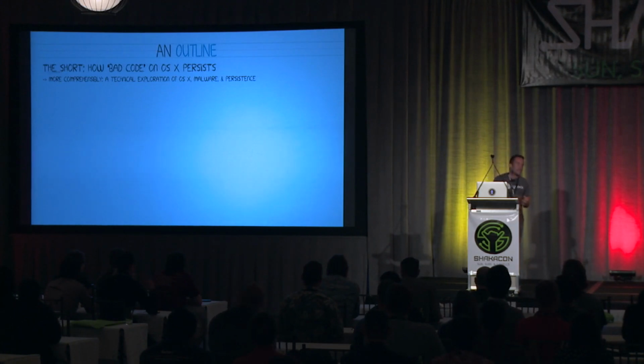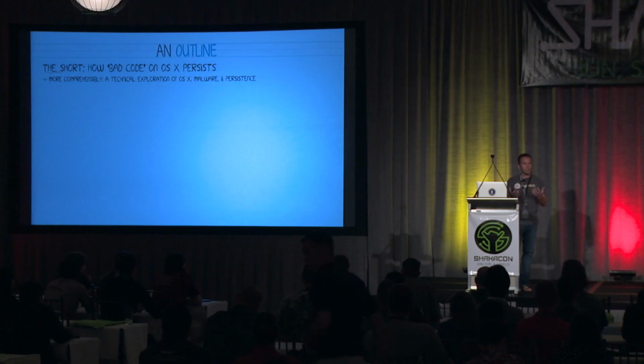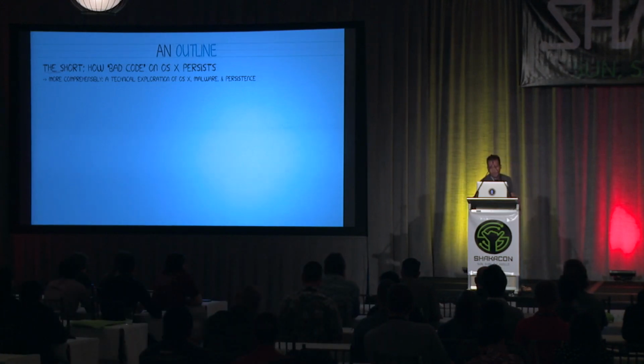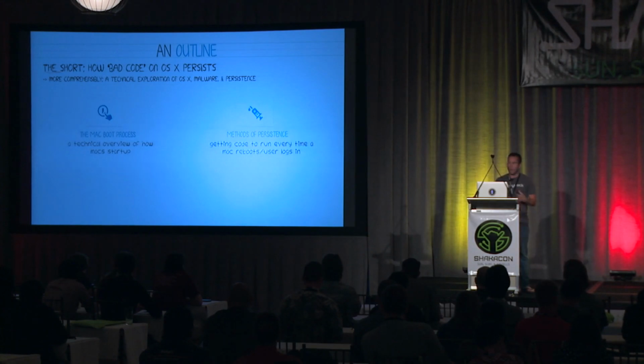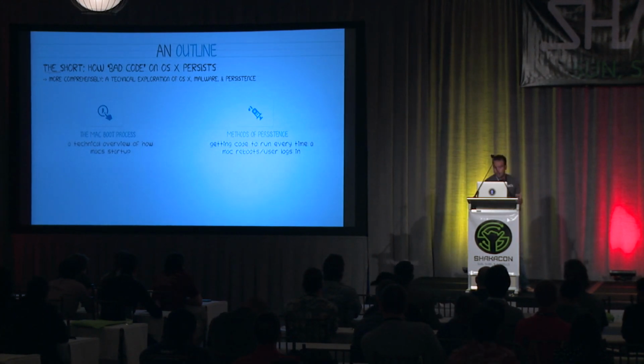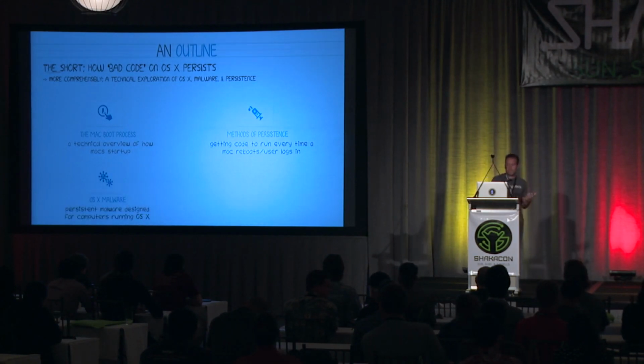So today we're going to learn about OS X, malware, and persistence. For the purposes of this talk, persistence means achieving re-execution when a Mac is rebooted. So you can think of a piece of malware that's installed on your computer. Every time the computer is restarted, that malware wants to gain code execution so it can do its stuff. So first in the talk, we'll cover a technical overview of the boot or the startup process. Then I want to talk about methods of persistence on OS X Mavericks. After that, I want to talk about some actual OS X malware, so show you some samples that abuse these various persistence mechanisms. And then finally, I want to introduce an open source tool that can generically reveal persistent malware on the Mac.